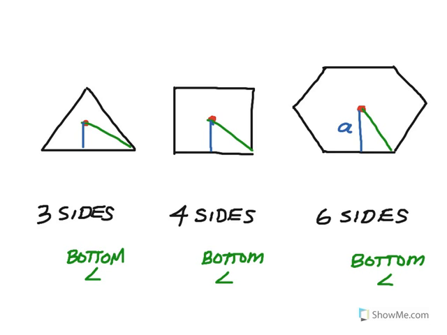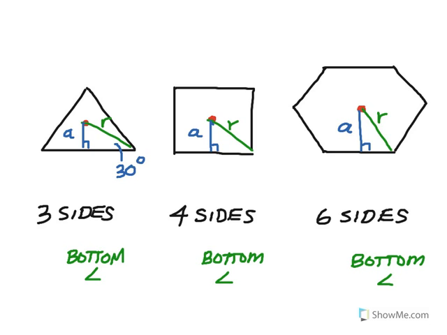Okay, so those are the apothems, and the green are each of the radiuses. Now, because of the central angle being at the top, we end up in every one of these cases with a few things that will always be true because of these little right triangles down here. If the figure is a triangle, 3 sides, it means that this angle down here on the bottom is going